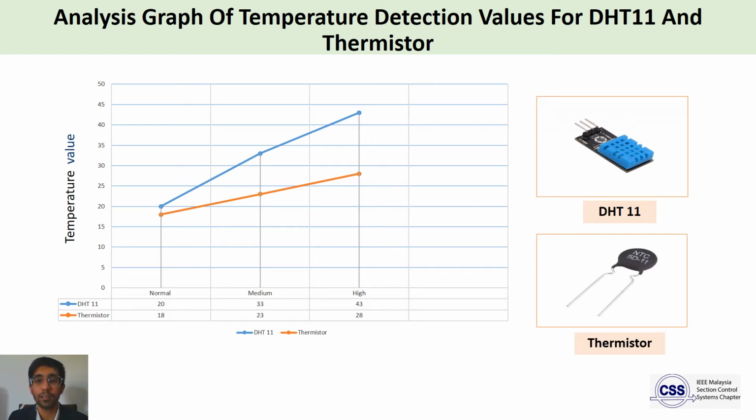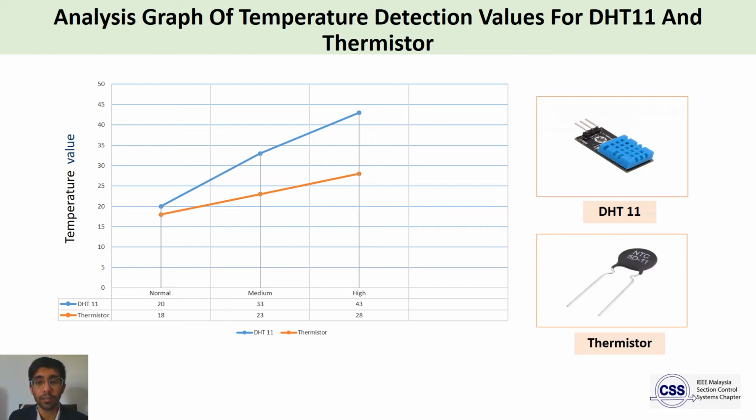To simulate various temperature readings, the heat source in this testing comes from a heat gun. The DHT11 operating temperature ranges between 0 to 50 Celsius. Hence, in order to avoid any damage to the sensor module, the maximum temperature has been set at 43 Celsius. If the requirement is to monitor higher temperature areas or equipment, the sensor can be changed with a higher temperature range sensor module such as the DHT22, which can detect up to 80 Celsius.